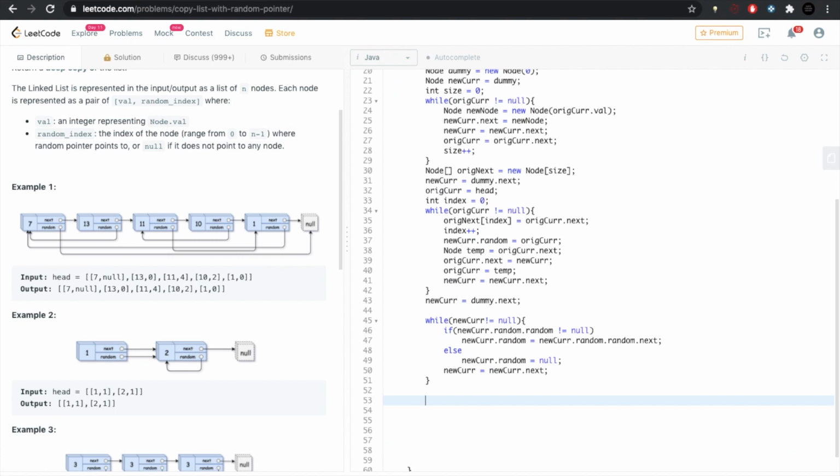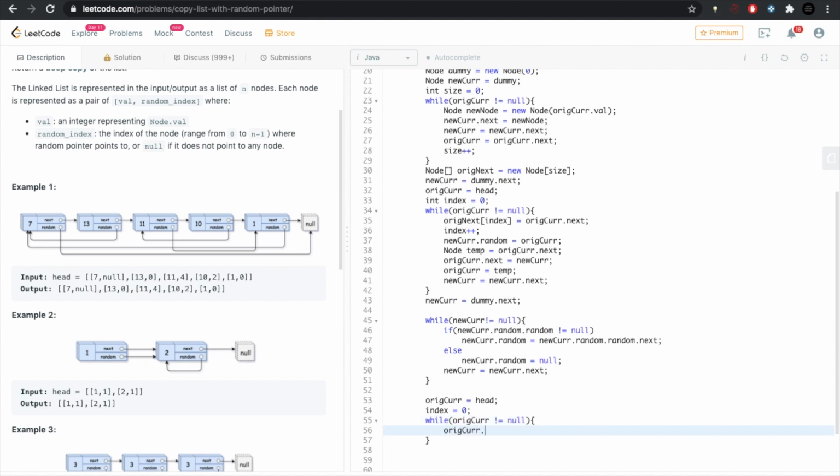So every random pointer of the new nodes in the new list is fixed now. What is left to do is put the next pointers of the original nodes back to their original place. That's why we created the original next array here, to remember what were the next pointers of the old nodes. Make the original cursor point back to the head, while original cursor is not null.